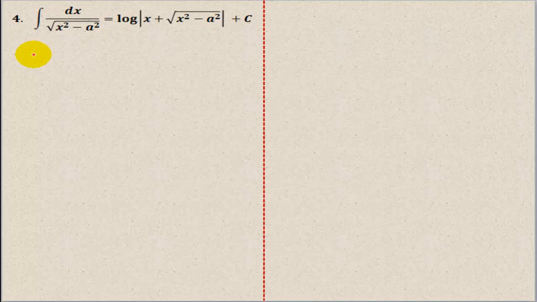Children, the 6 results which are mentioned, you can see in 3 of them the denominators were independent of the square roots. They were not under the square roots. But in the remaining 3, the same expression, either the sum of two perfect squares or the difference of two perfect squares, was under the square root. So all 6 of them can be done using one of the suitable trigonometric identities, which you have already learnt in class 10th. You can see even here the same identity is going to help us, which we have used in the previous derivation.